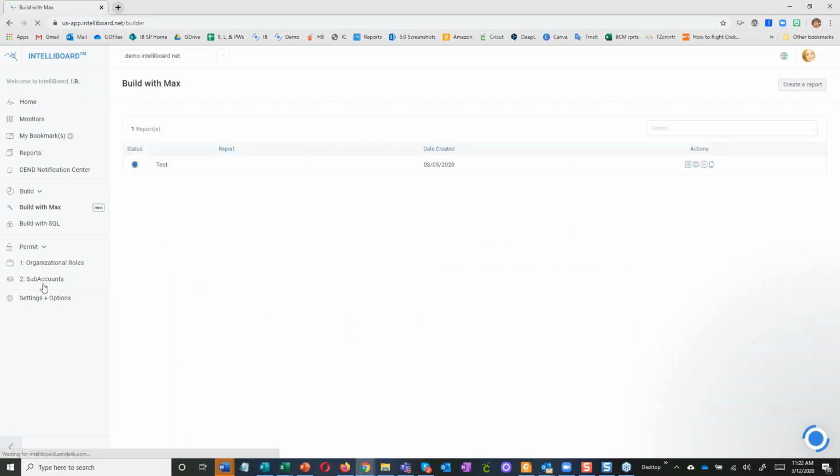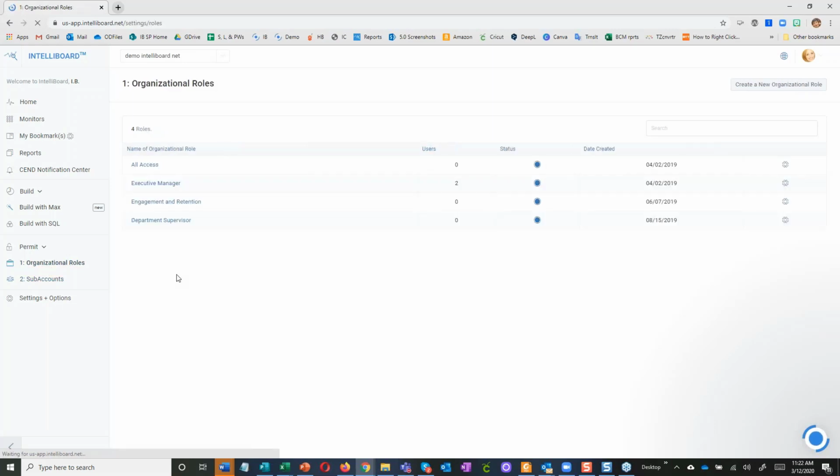And very quickly, I will end with organizational roles and sub-accounts, and let you know that you have the ability to allow organizational roles in your institution to be able to access IntelliBoard data. An example I usually use is engagement and retention. In the US, many folks are dealing with student retention advisors, right, or student academic advisors.